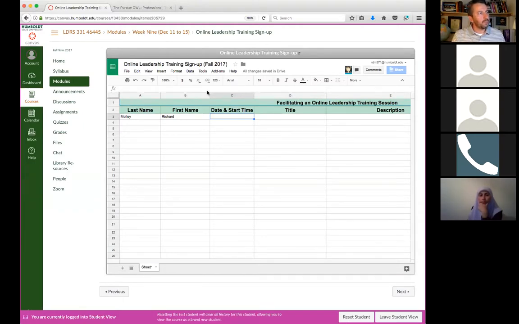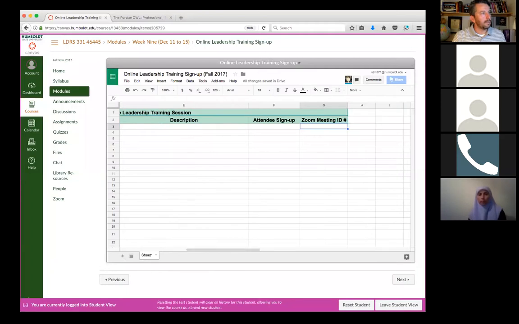You can do these assignments anytime between week 3 and week 9, at any time of the day, on any day of the week. The caveat is that you want to have your classmates sign up to attend your session.